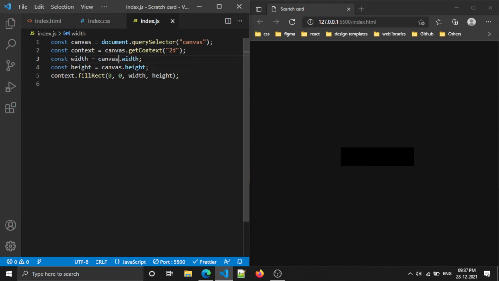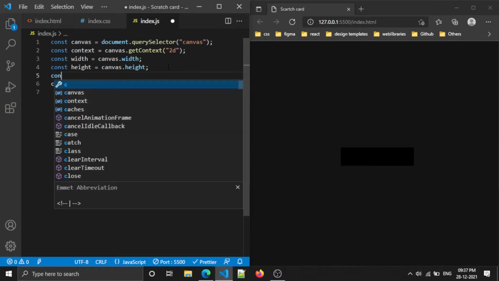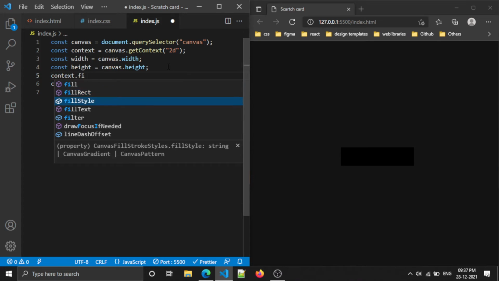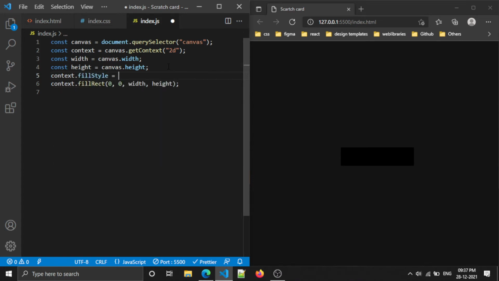After doing that, we can see our black color rectangle, right? Here I am going to change the fill color. In order to do that, we need to mention fillStyle equal to some color code. So now you can see that clearly, right?